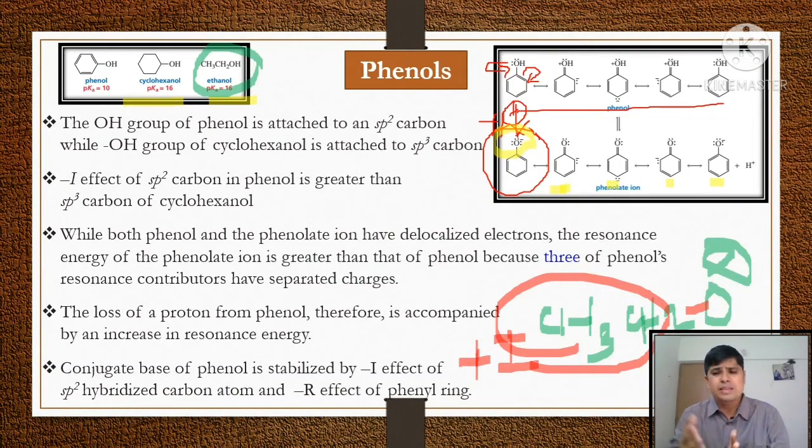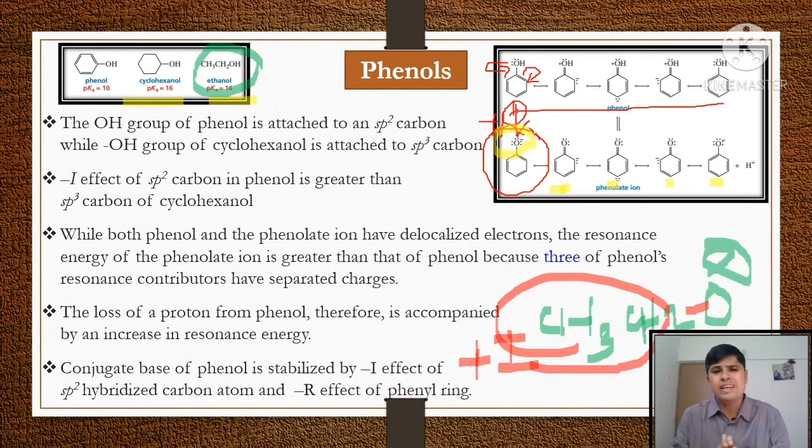That means the negative charge of the ethoxide ion should get stabilized, it should get dispersed. That negative charge should get minimized. But the ethyl group is increasing electron density on that oxygen atom of the ethoxy group. Thus the ethyl group destabilizes the ethoxide ion. Hence ethyl alcohol is not that much acidic as phenol.